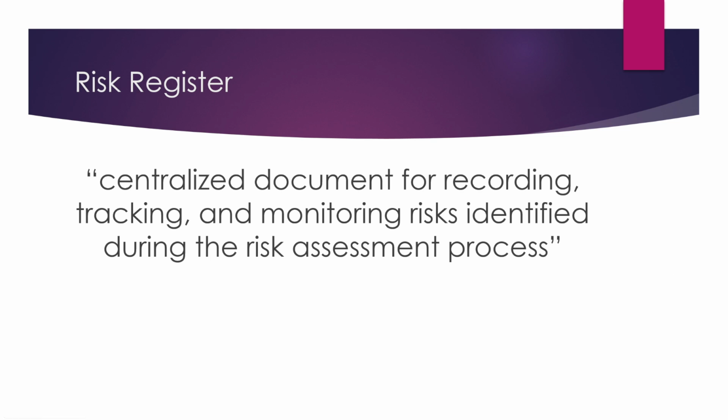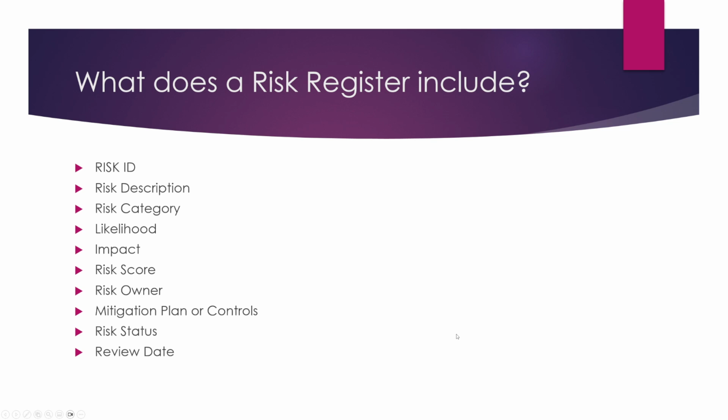So the risk register. This is what we're going to use. The risk register is a critical point where we basically centralize and document all risks identified during the risk assessment process. Now that we finish this, we now know what risks we might be vulnerable to, and then we can go further into it. The risk register itself is going to show the risk ID, a description, the category,